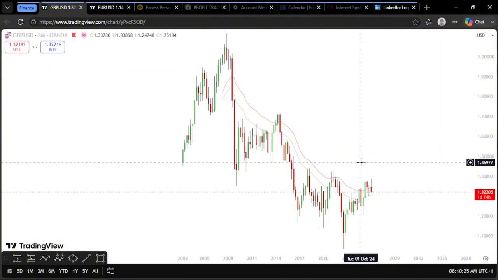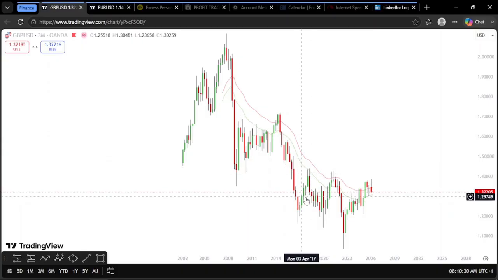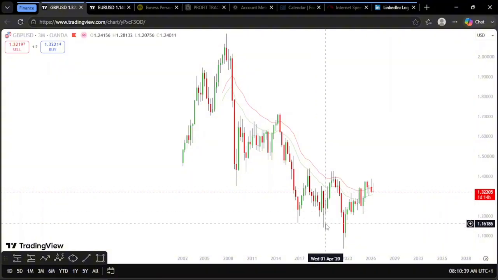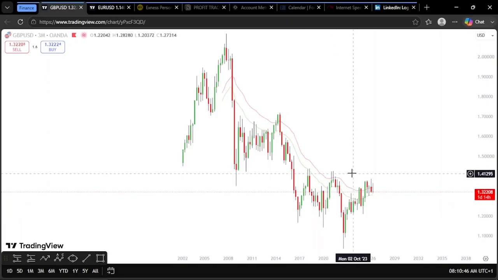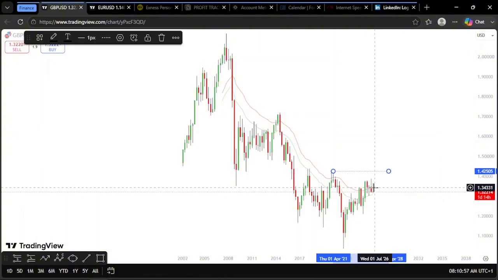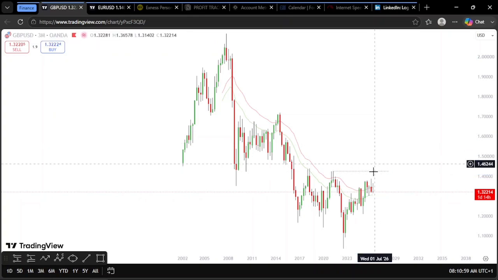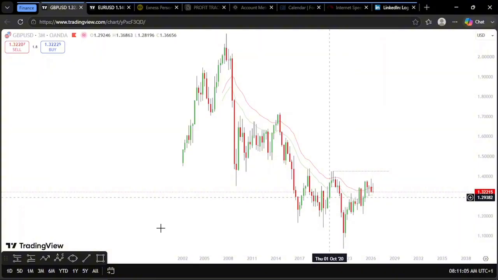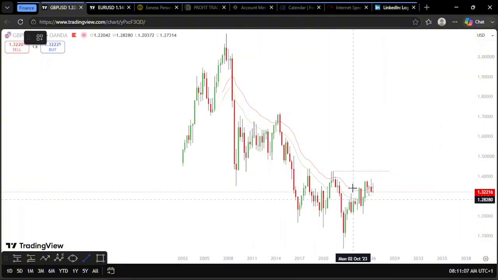To be honest, this particular pair is kind of tricky because, as you can see here, we had already mitigated a liquidity level here, and price had hit the target here. So we had another pattern forming here. Our next point of interest on GBP USD will be for price to actually come to this liquidity area here, then drop. But what I can see right now is we are having a kind of rising channel